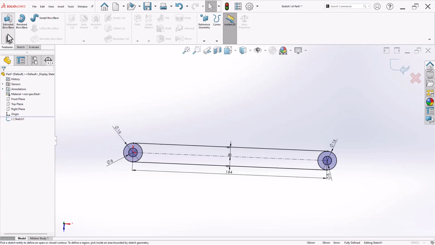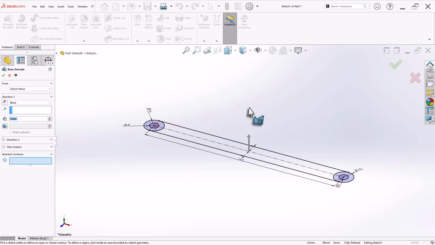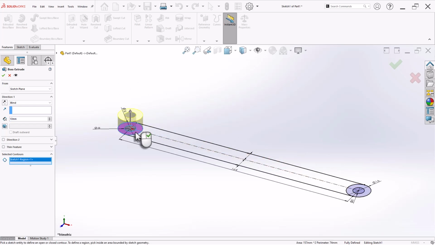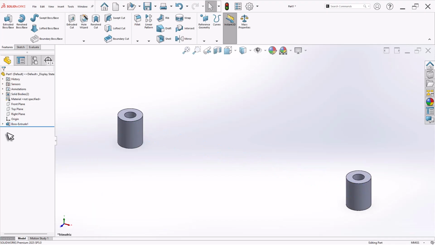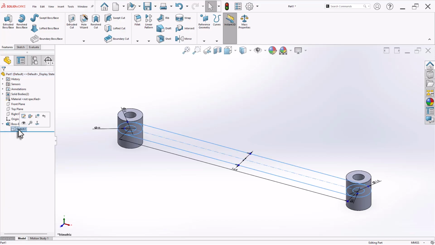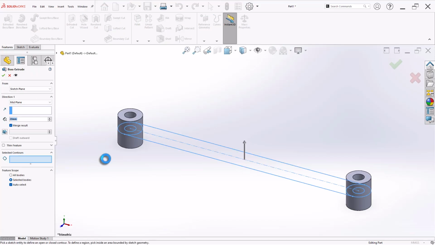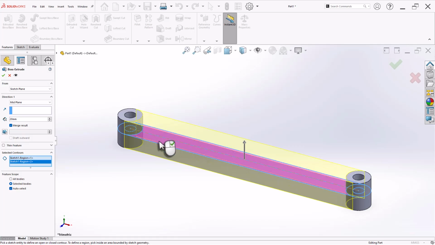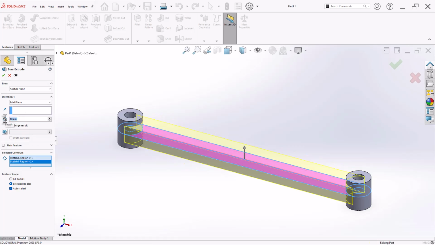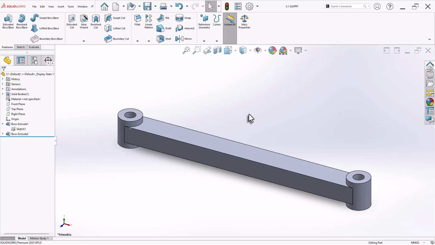So let's give you the extrude. This time I will choose mid plane and the depth will be 20. Now let's reuse same sketch and extrude again. We'll choose these middle regions, but the depth is 12. Now let's add